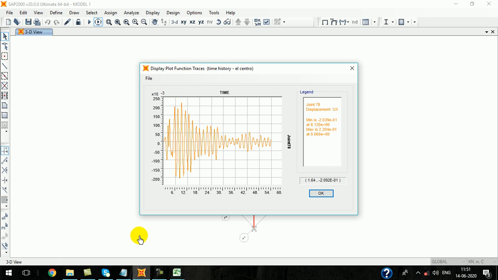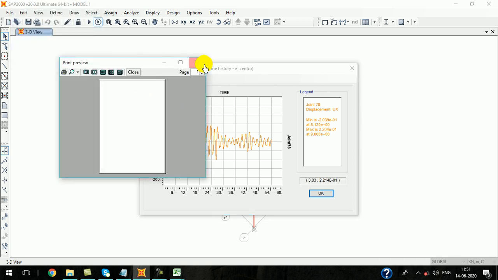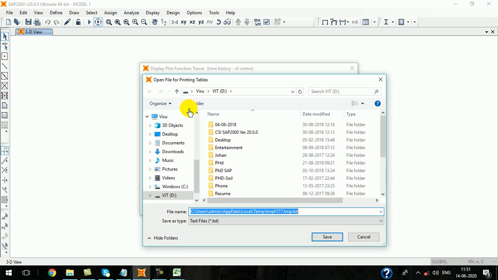Then, instead of taking a screenshot of this, go to File, Print Tables, print tables to file.